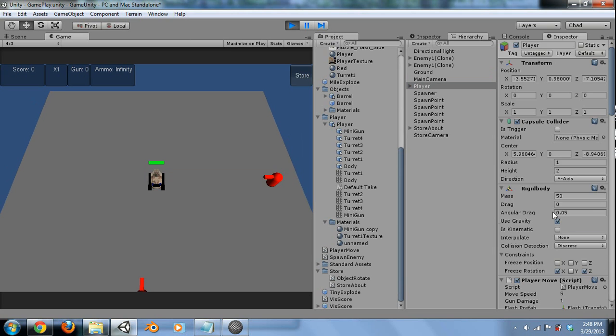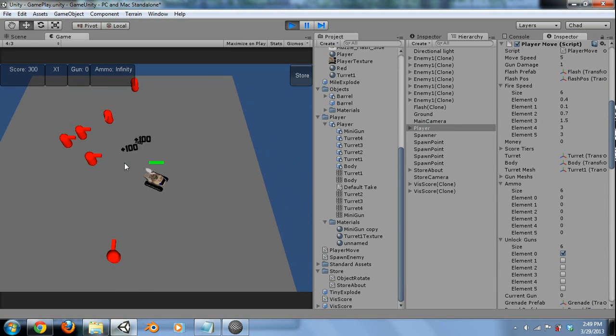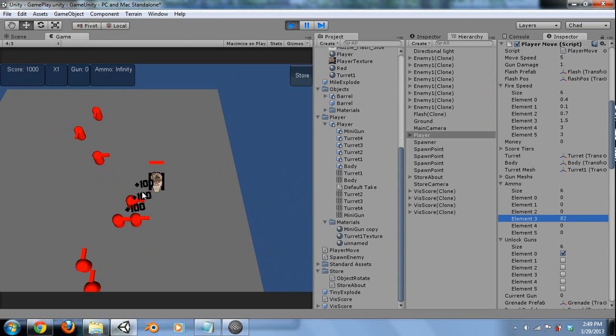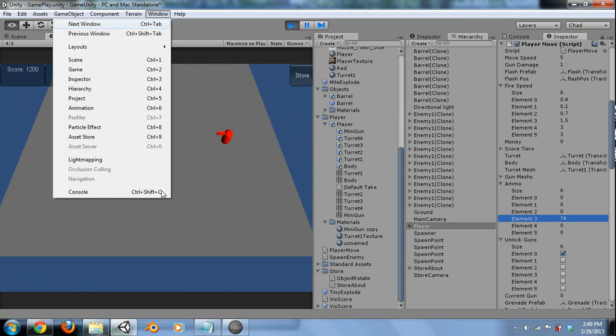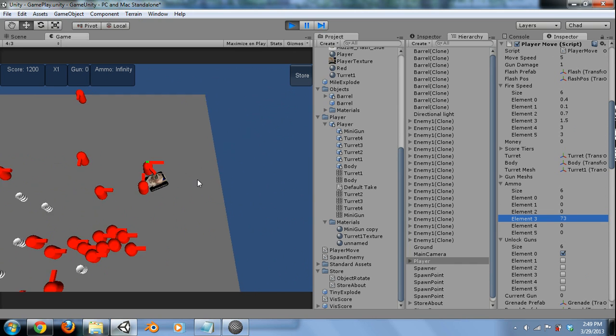Alright, here we go. So now if I'm changing weapons, I can't change to 3. If I crank up, so we have barrel ammo, I'm trying to hit the space bar and it's not working, but if I hit the alt key, you can see I can lay barrels. And if you hold the alt key,